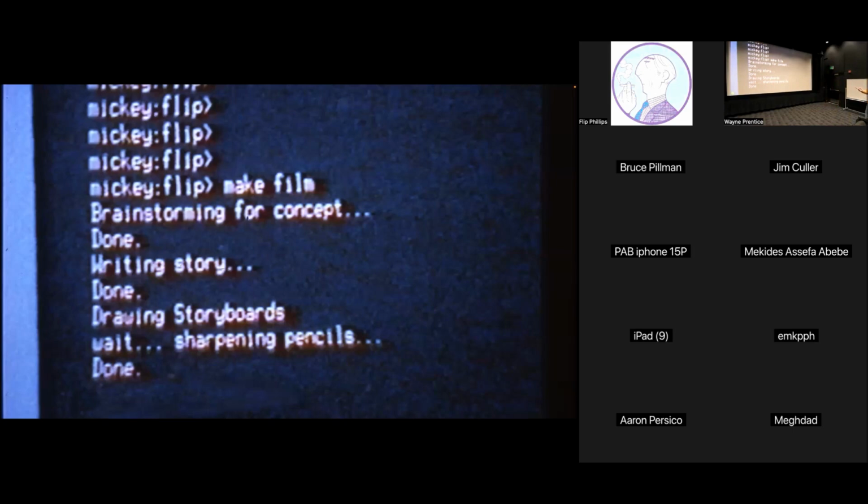So this is a slide from 1987. Any of you who use Make or Makefiles, anybody old enough to remember the good old days, now you get to use CMake, which gives you an extra letter, I suppose. This is literally from my VT100 in my office at Pixar for a talk that Pete Docter and I were going to give, and we were joking, right? It's like, you're going to type make film and you're going to have a movie. And of course, now you can do that. So many years later.